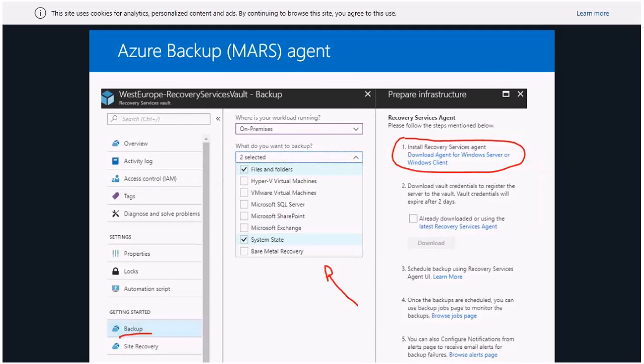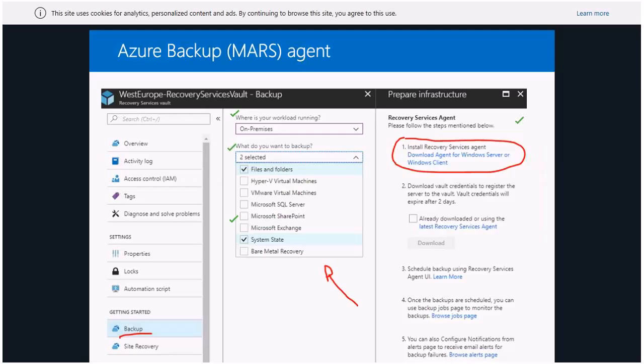If you go under your backup replication vault, go to backup, and then select two simple types of backup, as you can see here on the presentation, I have selected that I want to do backup from my on-prem to Azure, and I'm looking only at the moment to back up files and folders from my servers and system state. Okay, please remember, system state is the whole configuration, Active Directory, Federation Service, whatever you have installed on that server.